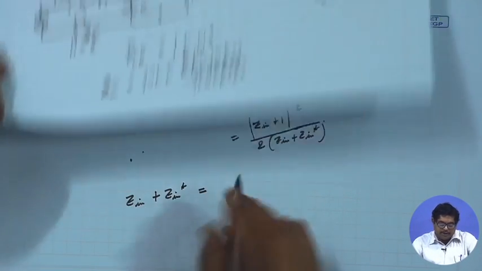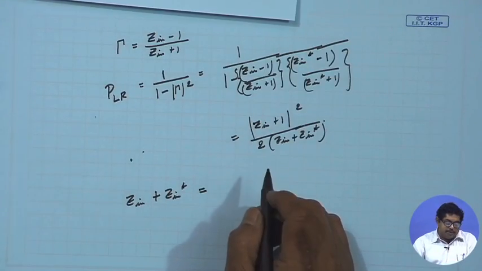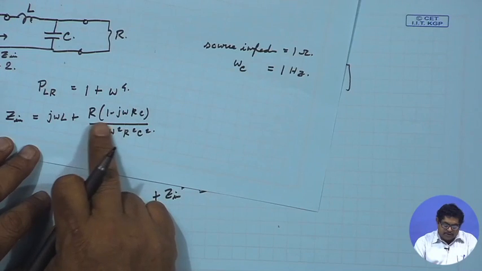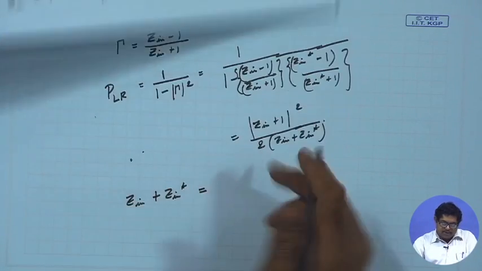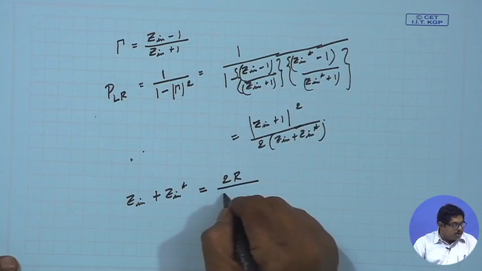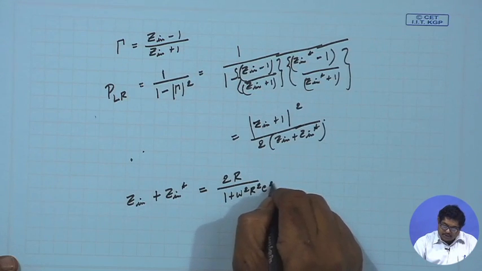We already have the expression for Z in. So if you put Z in plus Z in star, you see only the real term survives, because this is imaginary, and this is also imaginary. So we can immediately write this will be 2r by 1 plus omega square r square c square,